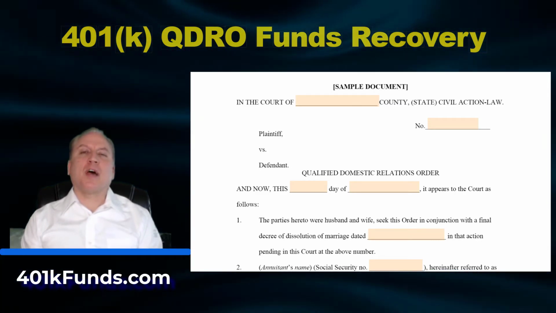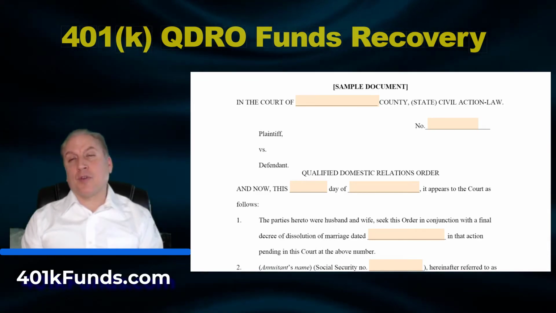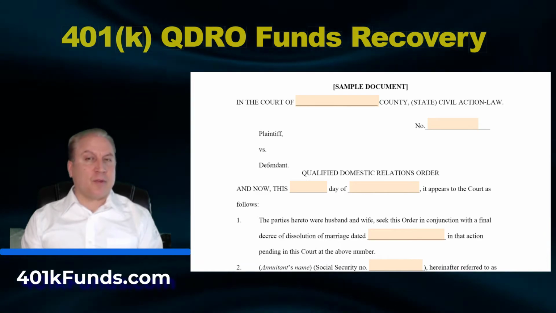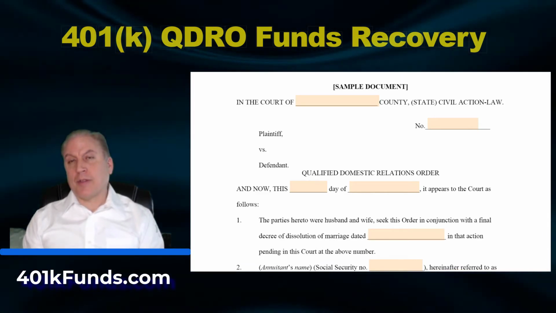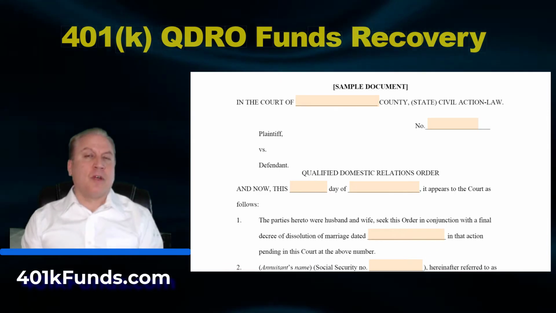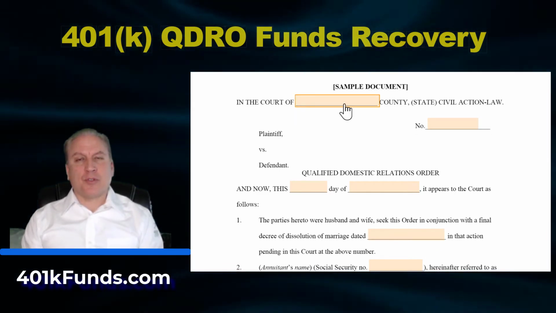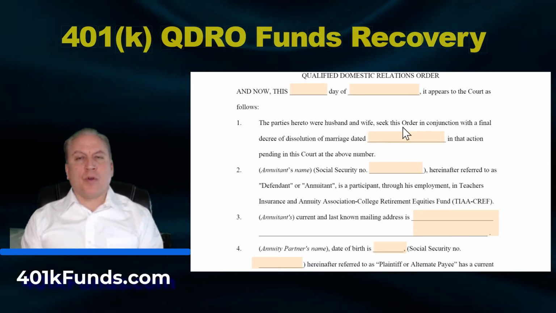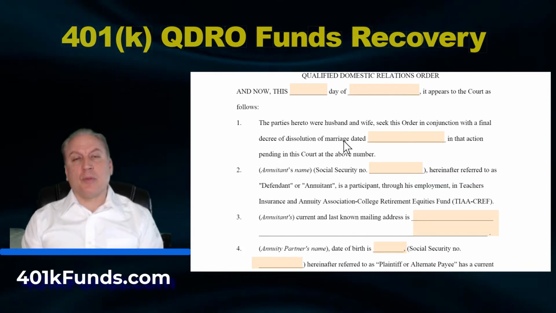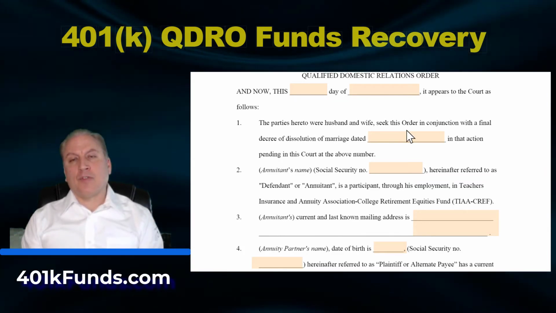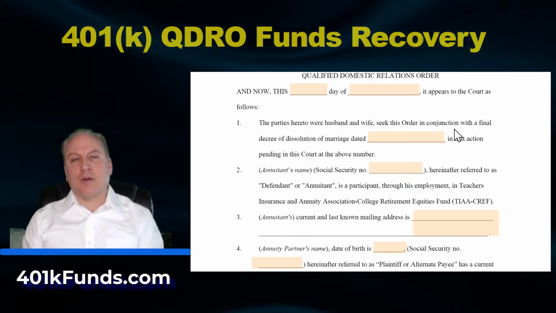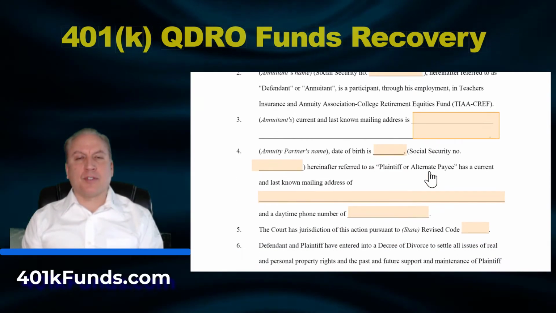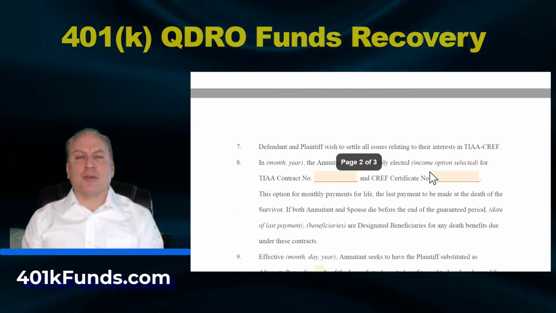Here's an example of the type of order that's required. Normally the attorney or the plaintiff will prepare this order for a judge to sign. So make sure you get good legal advice from an attorney or from a consultant that is an expert in this type of law. So you're going to have the name of the jurisdiction, case number, the date. You're going to have an order related to a dissolution of marriage. So this is exactly what we talked about. This order is in conjunction with a final dissolution of marriage with the date. It'll have social security numbers to identify, addresses, and then it'll have the jurisdiction of the court